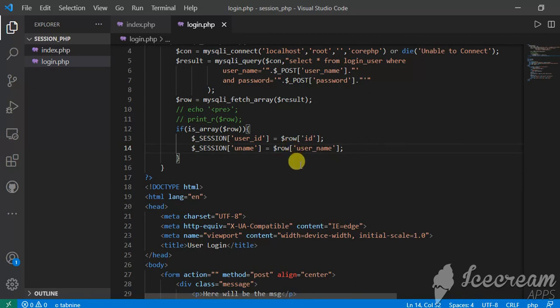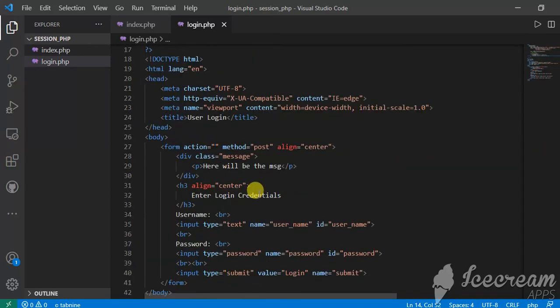And what we need to do, okay, so remember, here we